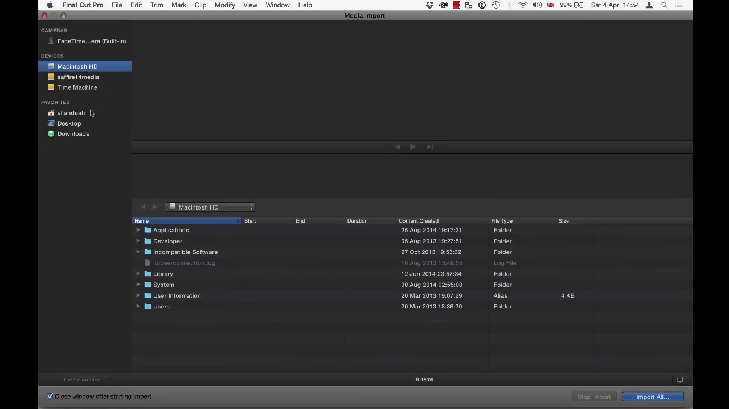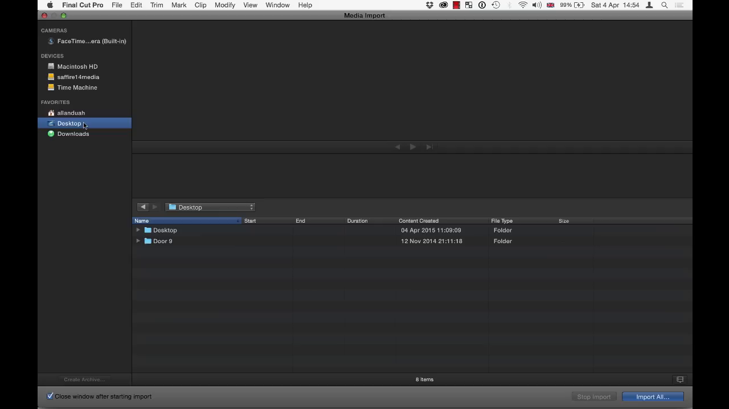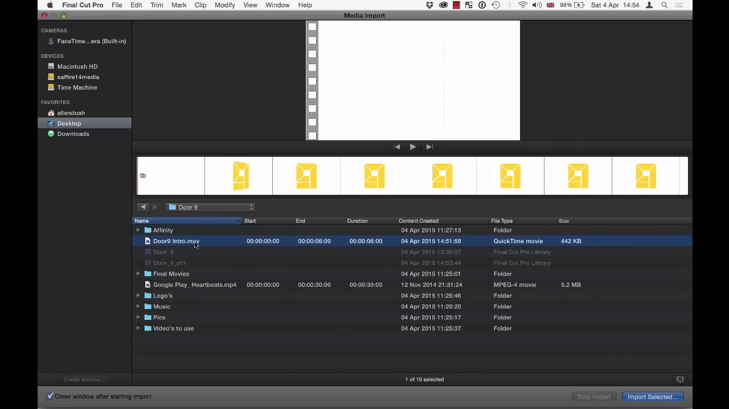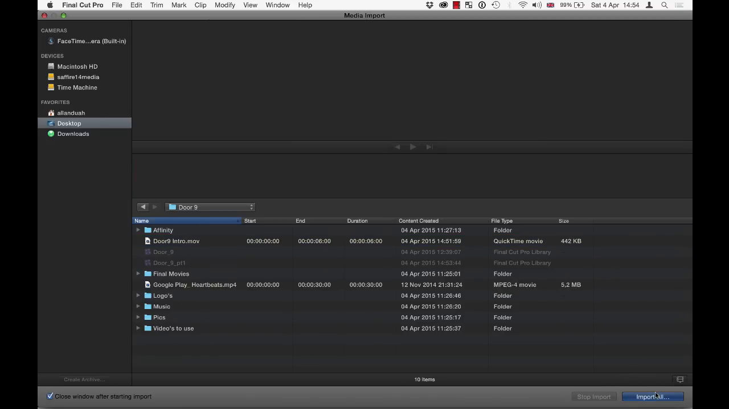Now, what I've done earlier on, before I start this video, let's just go to my desktop, and there's Door 9. So inside of here, I've already created folders with all the videos and all the files that I need. So there's the Door 9 intro movie, there's my logos and all the music that I'm going to use for this video. So I'm going to go import all,